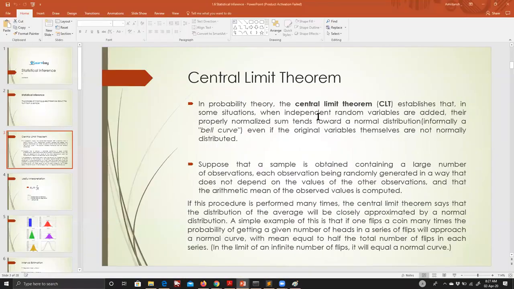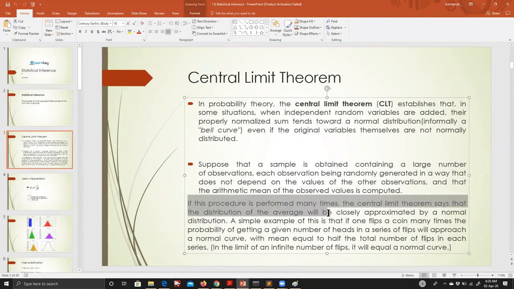But remember, when you do it for a long time, not just for one data set or one column, if you perform this procedure many times, the central limit theorem says that the distribution of averages will be closely approximated by a normal distribution. And this is why you can take a coin flip, you can take a die roll, or you can maybe even replicate this with cards. Okay. You will realize that this becomes true. The curve or the plot that you will get will start to look more and more like a normal distribution.